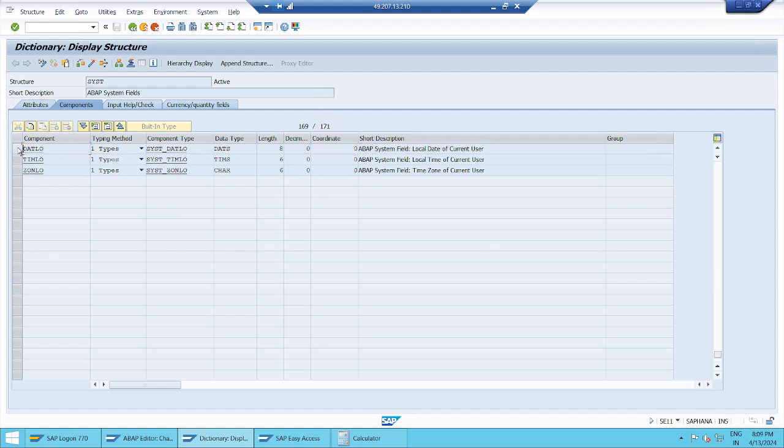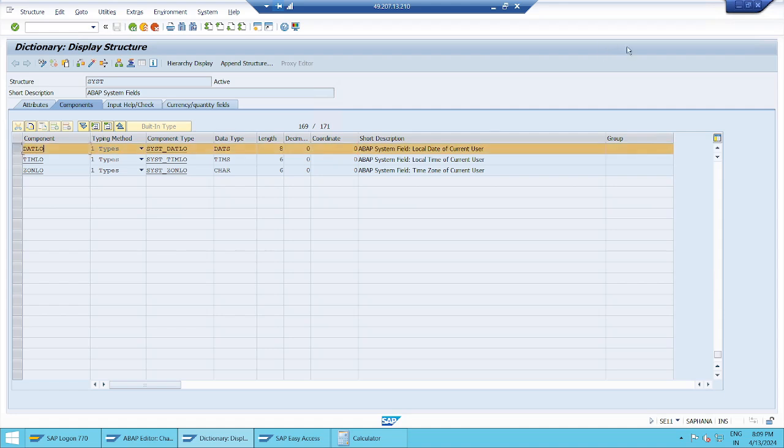What exactly is the difference? Suppose local versus application server. Suppose our application servers are set up in the USA. Then it will always display the application server date and time from the USA time zone. But the user from India, or a user from Australia, the UK, or any other area, where the user